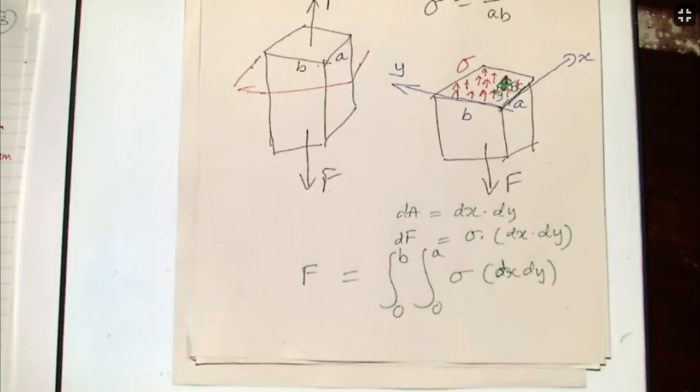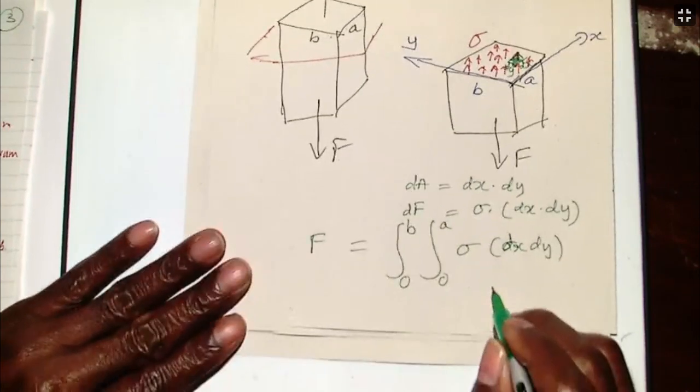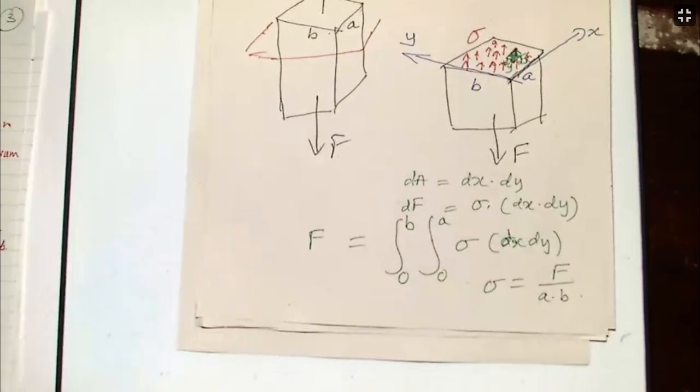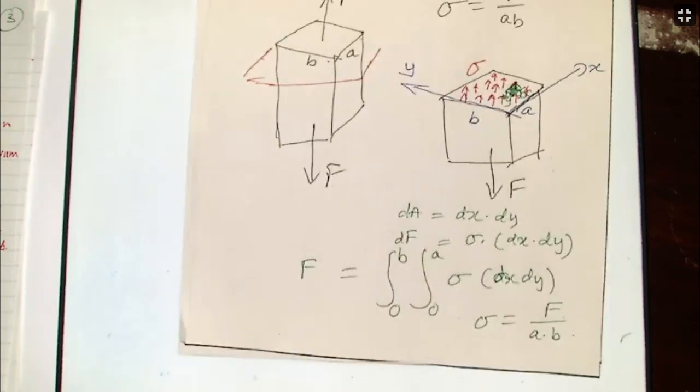And if you are to do that, you will end up with sigma equals force over A times B. And that concept is the same in every engineering structure that is under basic static equilibrium. If we now take that and apply it to the beam, which we've been discussing,